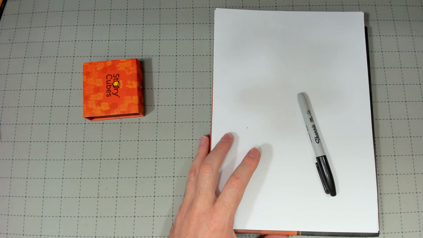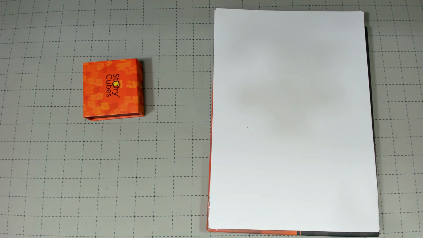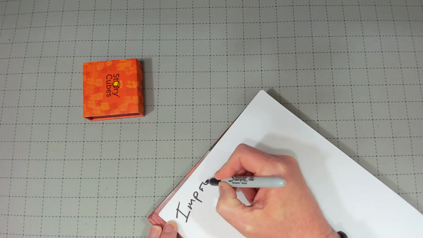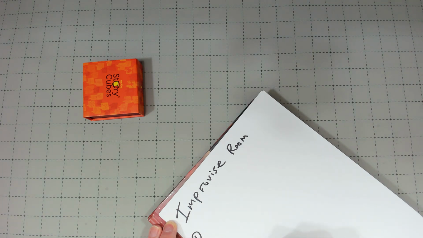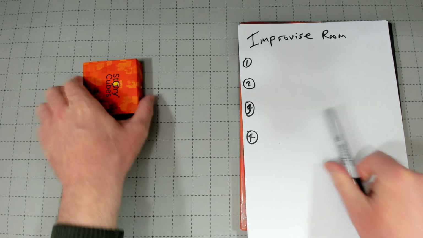And yeah, let's do our first suggestion. So let's switch over to a different screen so you can see what's going on. So this is the screen here. And Fred Hubert has said we are going to do a room. So improvise a room. Okay. 1, 2, we're going to use 4 dice, 3, and we'll come down here with our different ideas. Okay, all right, so grab the dice,